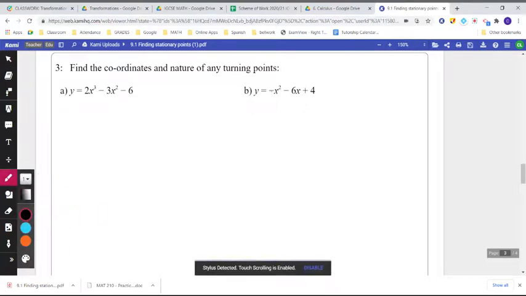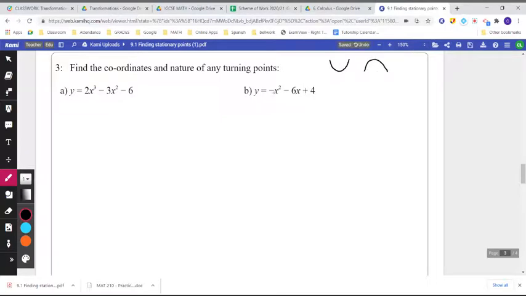A quadratic has the graph of a parabola, which means it's going to either open down, give us a maximum, or open up and give us a minimum. If you really pay attention and you remember, if we have a negative leading term on our squared value, then that means that we're opening down. So I should get a graph like this,